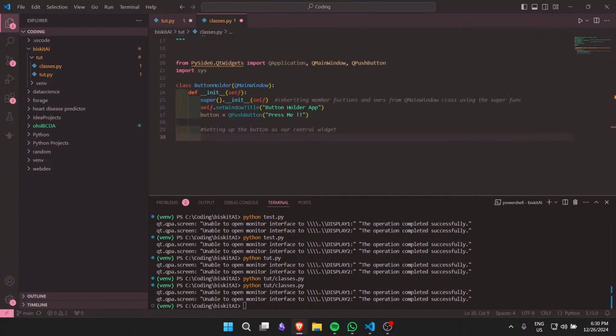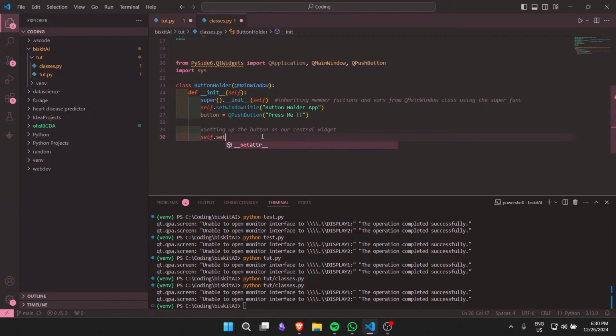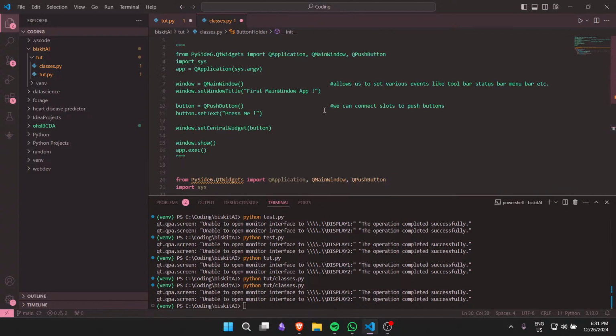go down and do the usual thing we did on top. For example, we can even copy from what we did before. Okay, so we can create our application object. We're going to go all the way to the bottom. We're going to create our application. We want to create a main window. Now we are going to be creating a button holder. So what we can do is